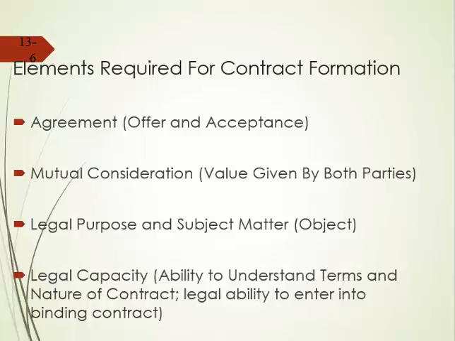First, you need an agreement. An agreement has 2 elements, an offer and acceptance. Someone has to communicate an offer, and it can't be a joke. It has to be an offer where the offeror is willing to be bound by all the terms of the offer. And then acceptance is assent to all of those terms.